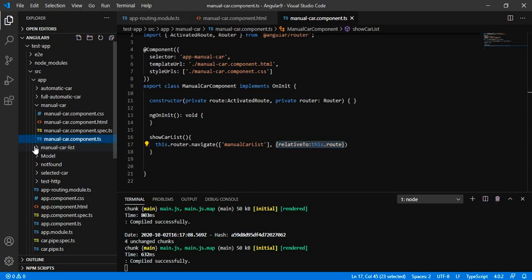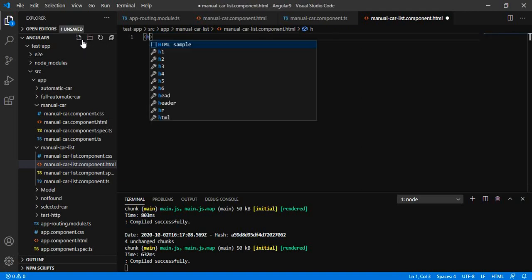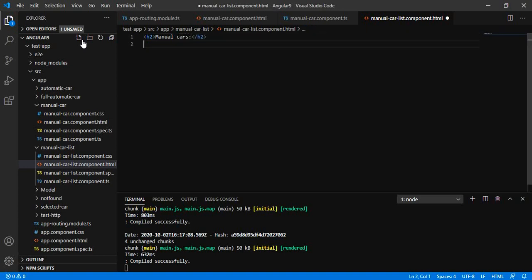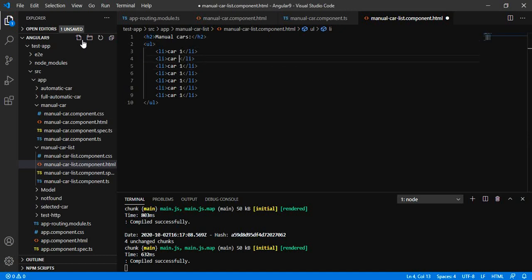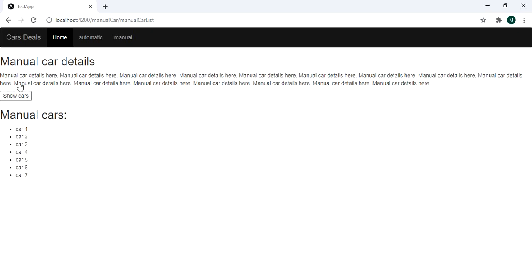Now let me add some text. Let us see. Now when you click on show cars, it displays the child view with the component that we have defined.